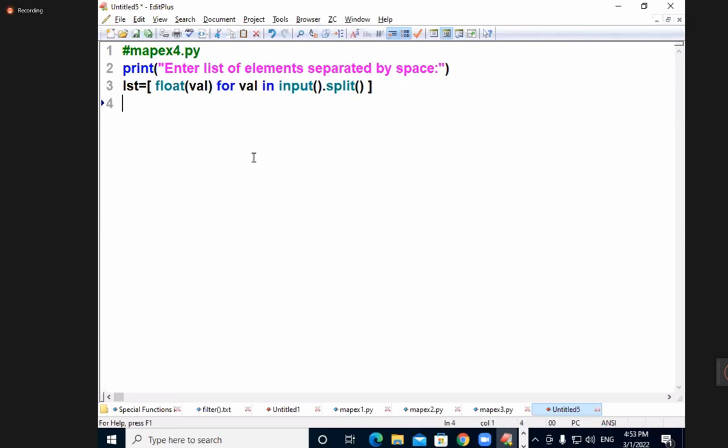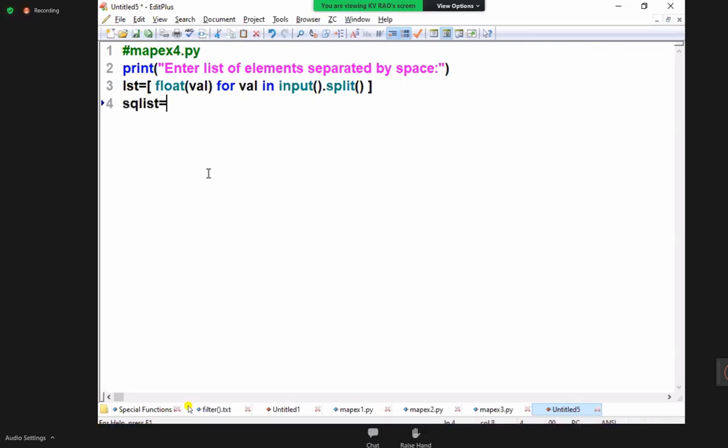Be careful, students. Now I got the list of elements. So you can happily understand: given elements, I can say original elements. Or if you wait for some time, I will apply the zip function: original elements on one side and square elements on the other side. Okay? Tell me now. Quickly. Square list. SQ list is equal to